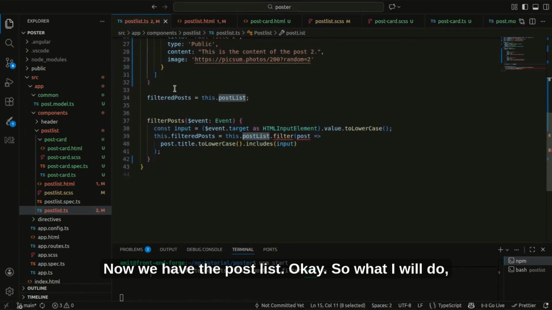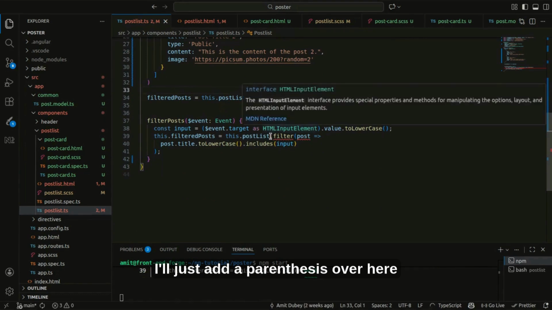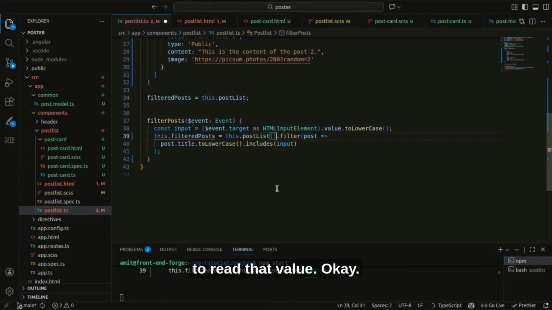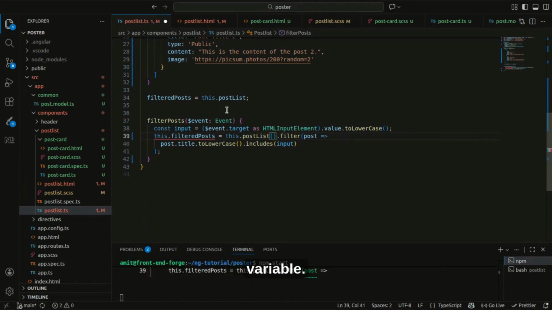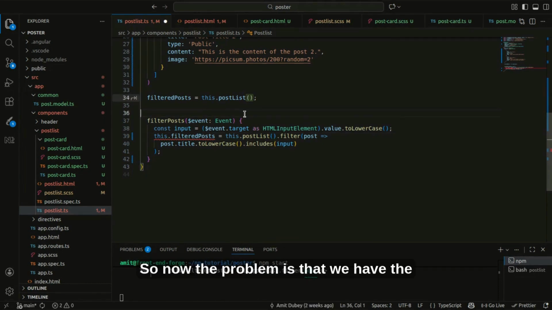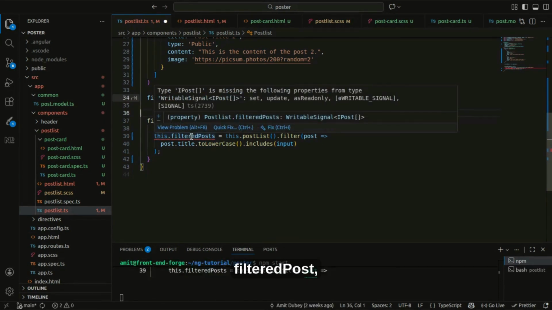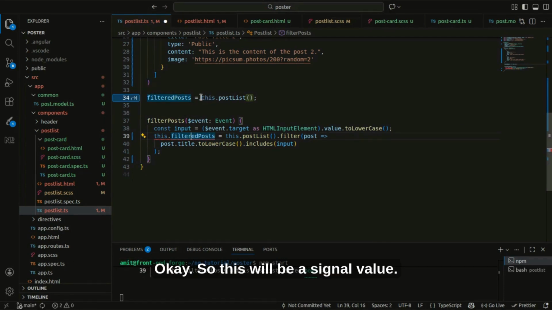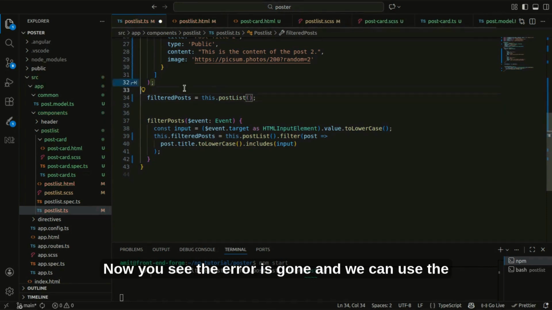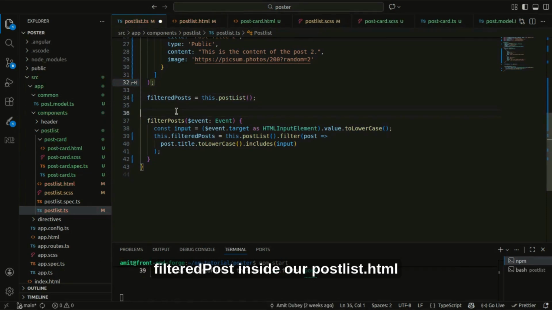So what I will do, I'll just add parentheses over here to read that value, because reading a signal value needs parentheses over that variable. Now the problem is that we have the filter post, but we have assigned the filter post to a signal variable, so this will be a signal value. I'll just update it with the signal value. Now you see the error is gone,